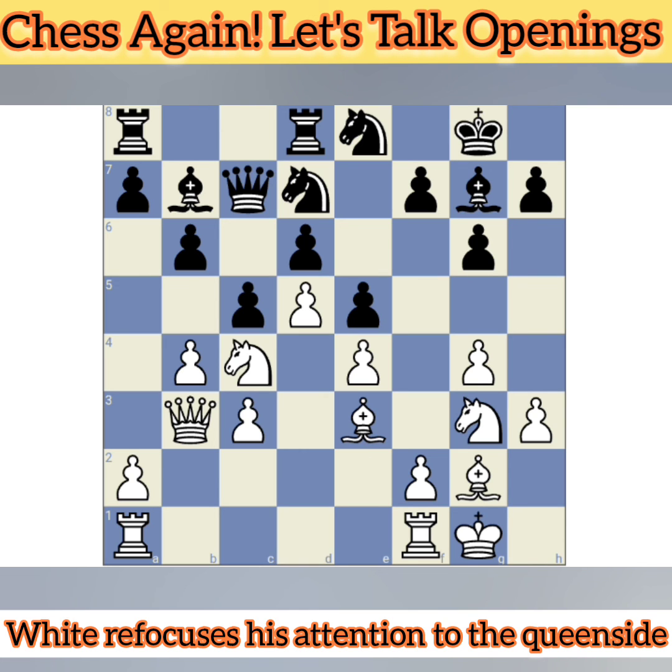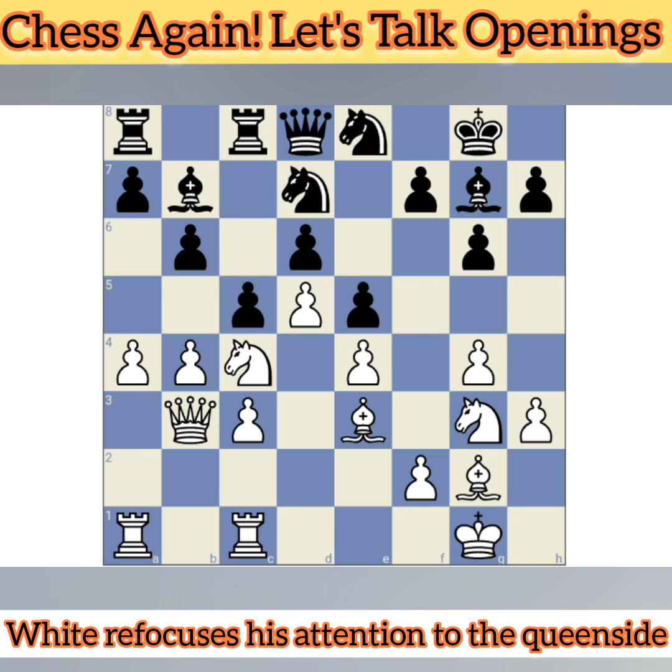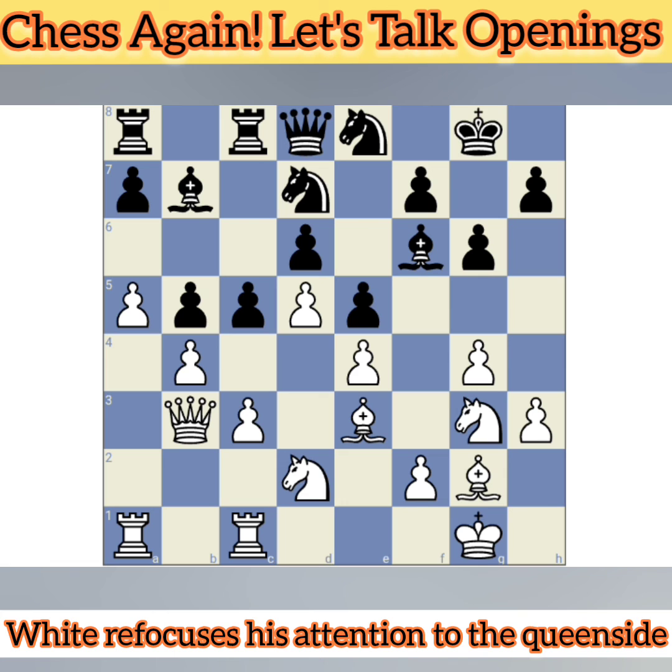Okay, when you're using restraint or defending on one side of the board, keep in mind that where little to no action is, for example, on the king's side, there's probably little to no action. I'm not going to say no action, but very little. You notice how Black is attacking on the queen side. So that's where White draws the attention to the queen side. So it's a queen side battle. In addition to guarding the g5 square, stopping Black from trading on g5,